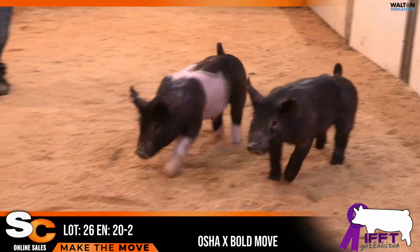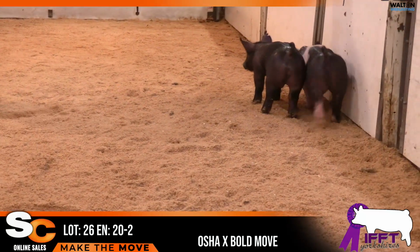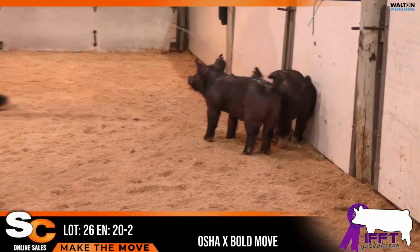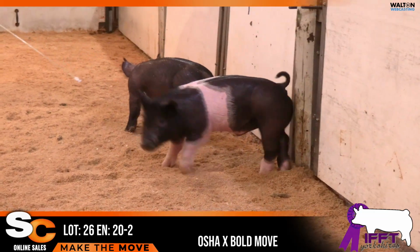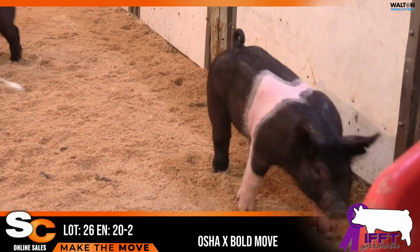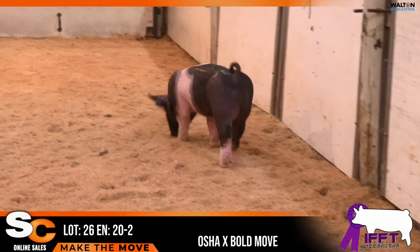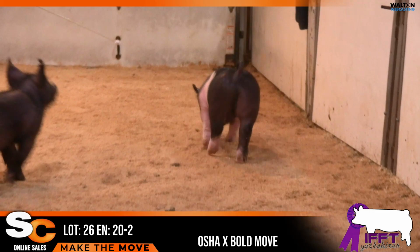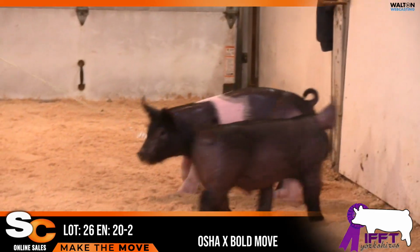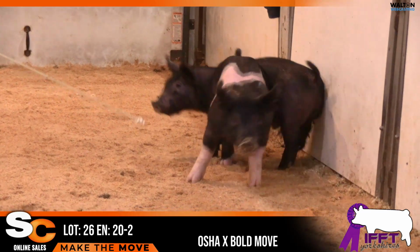This one's got just a little more elevation and stretch and size to him than some. Still that extra stout feature, still the shape up high, still got that squareness of hip. Never has been maybe the best attitude having hog, and I think you can see that here today. He's not one that just always wants to get his head up and go, but when this one does and gets trained and broke and everything comes together, when this one rocks and rolls, I think the ceiling's pretty high